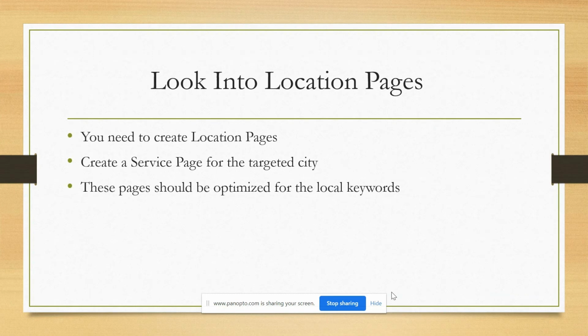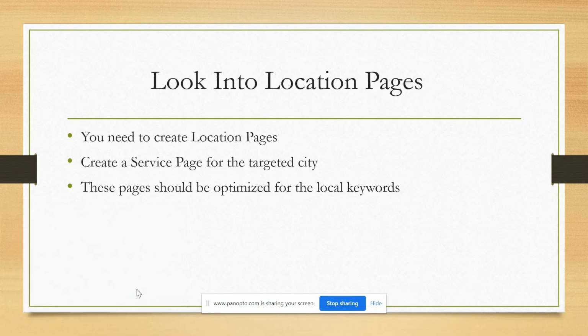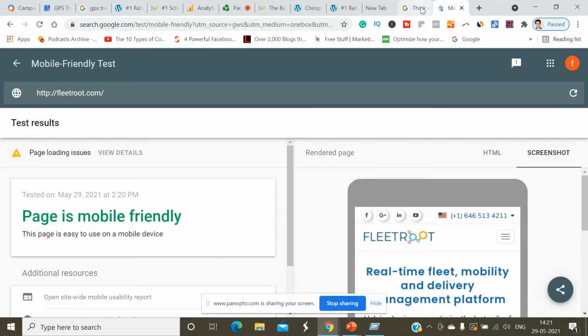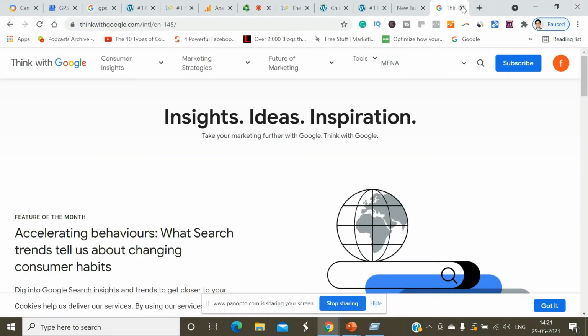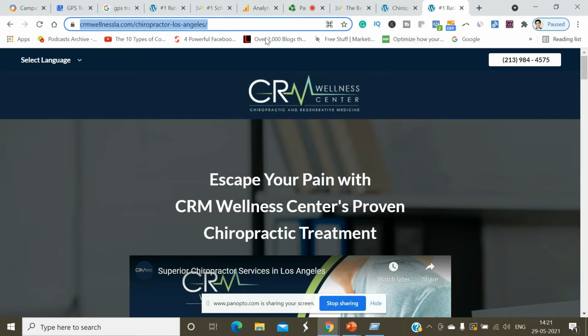Then you have to look at location pages. You need to create location pages, you have to create a service page for the targeted city. Then these pages should be optimized for the local keywords. Okay, so as an example here, see, this is a location specific page, chiropractor in Los Angeles.